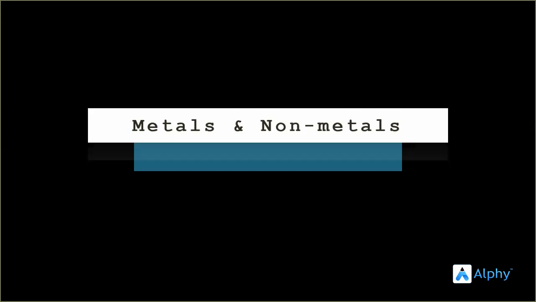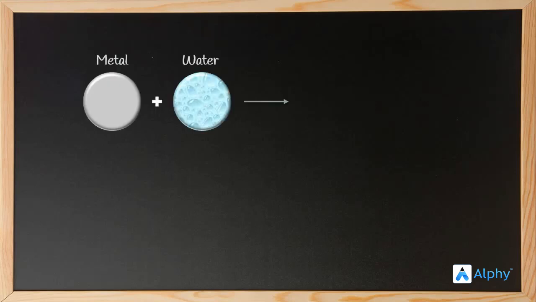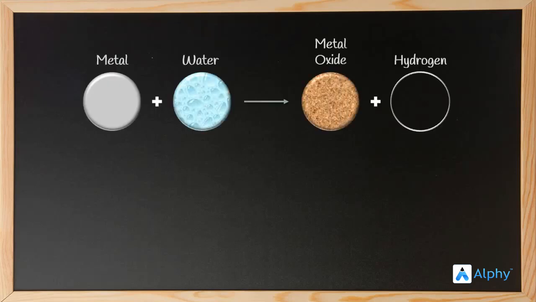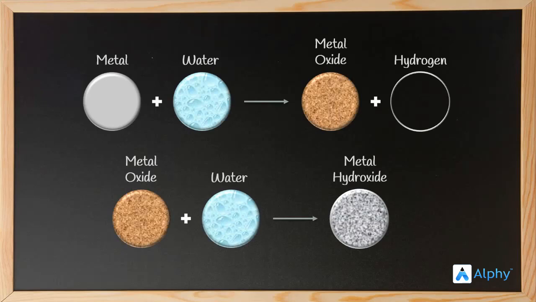Metals and non-metals. What happens when metals react with water? Metals generally react with water to give metal oxide and hydrogen. This is a generalized reaction and you need to memorize it. Now, the metal oxide formed, if it is soluble in water, will further dissolve to give metal hydroxide. Again, these two are just generalized reactions and you need to memorize them in order to solve the questions